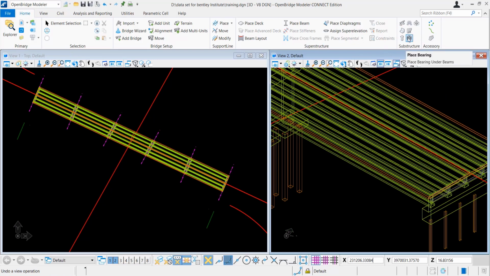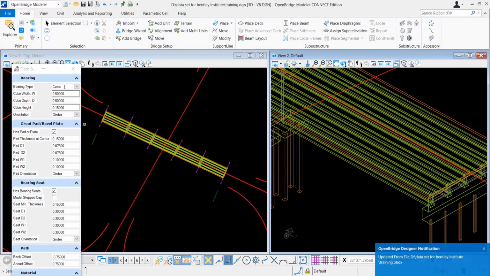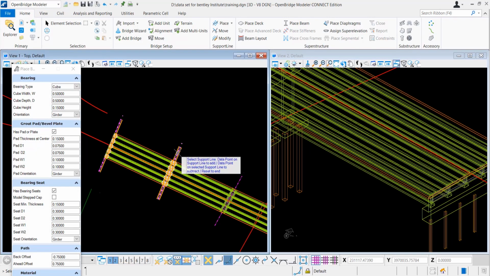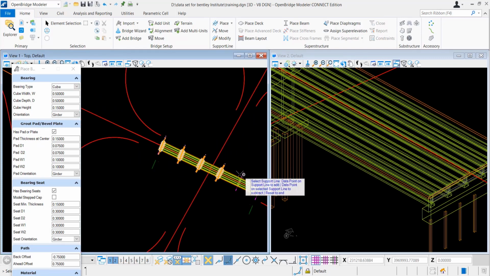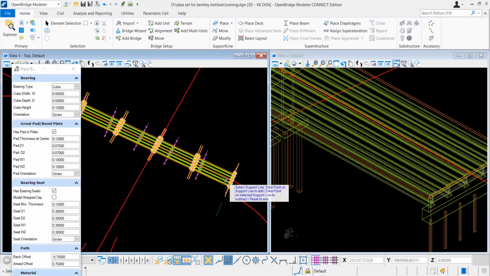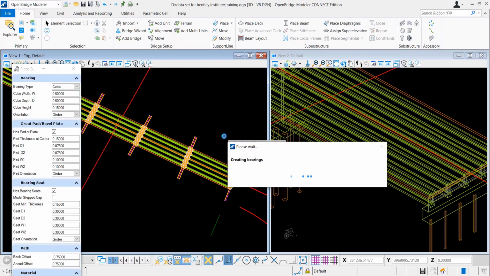Now it's time to place our bearing. As you know, we're using a simply supported girder, and we'll place bearings from both the support lines, because we have an expansion gap there. Here we are giving the dimensions of bearings, and through this bearing sheet it will actually place the pedestal for you. When you select your desired dimension, you select the support lines. You can see that for the abutment it's on one direction offset, but for piers it takes both direction offsets. Then select the data point and accept it.